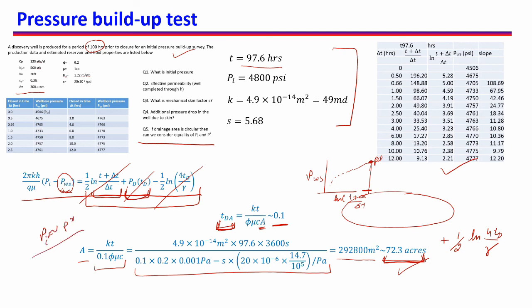So that means we have proven that if we are in transient state, then this becomes 0, and if we are in transient state and we take this to 0, then Pi will become equal to or approximately equal to P star. So we can find out initial pressure. Generally we find out P bar using P star, but in the initial stages we can find initial pressure.